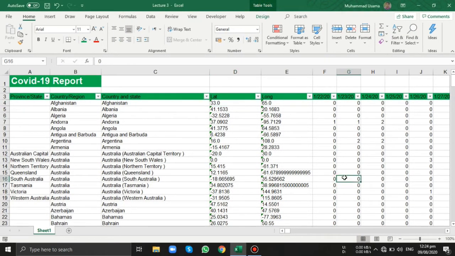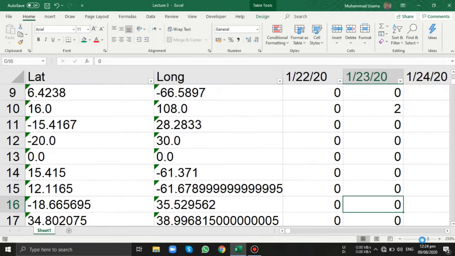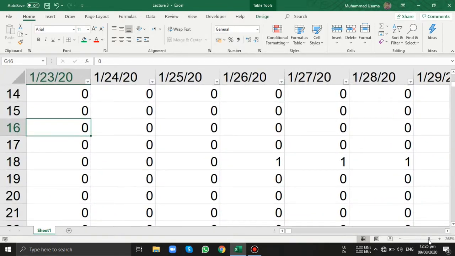I have already discussed in the first lecture that you have a small tool called Zoom Slider. This allows us to zoom in and zoom out. Here you can see a plus and a minus icon. Plus icon allows us to quickly zoom in and minus icon allows us to quickly zoom out. We can also drag the zoom slider to get to exactly where we need. On the left side of the zoom slider there are three different views.